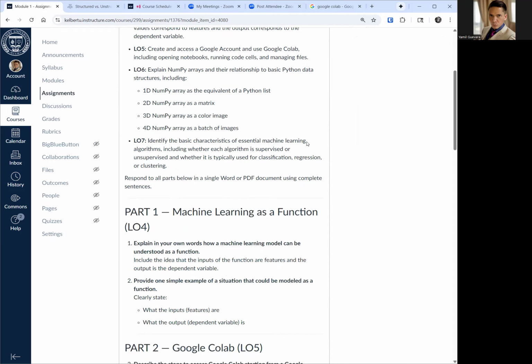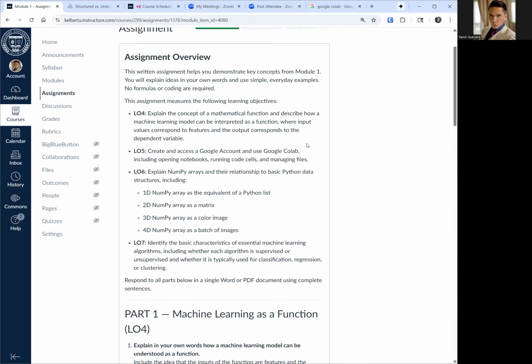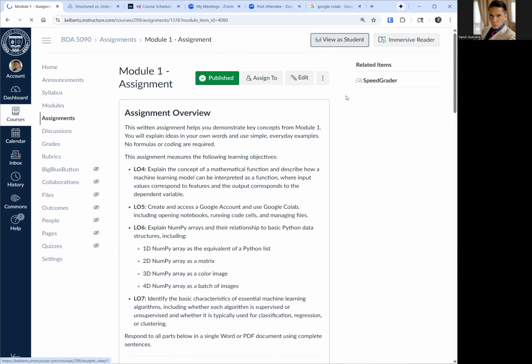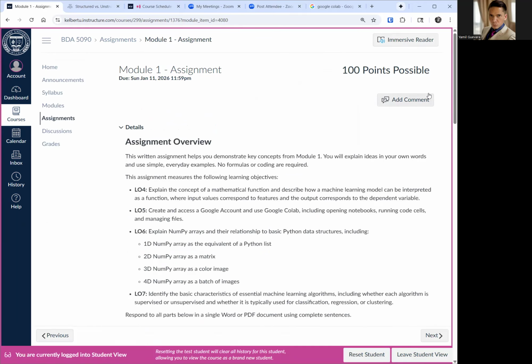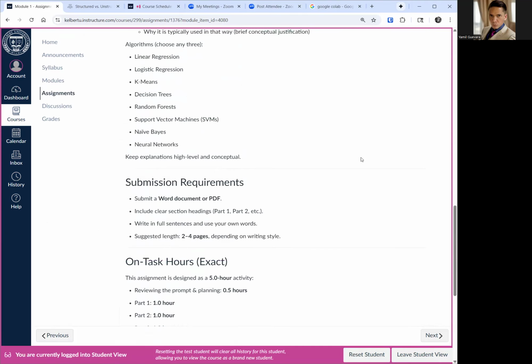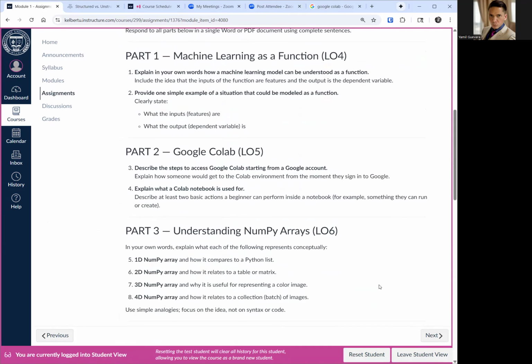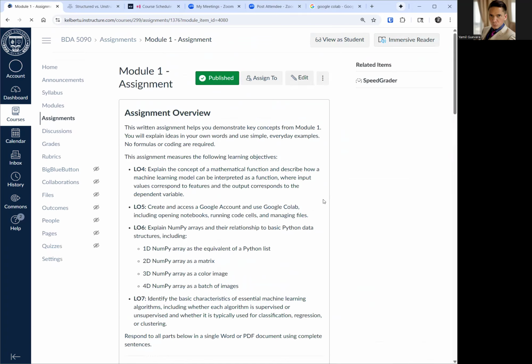I should be able to see a submit option where you submit the assignment. I'm going to look into that, okay?